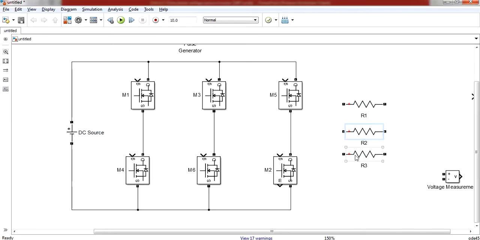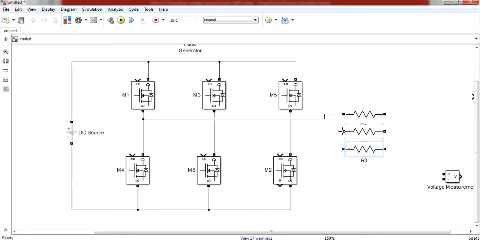Now let us connect it. The first resistor will be connected to the first branch. The second resistor will be connected to the second branch, and the third will be connected to the third branch in this way.